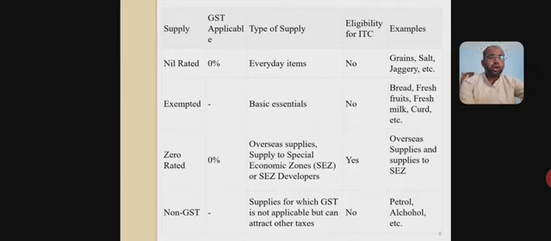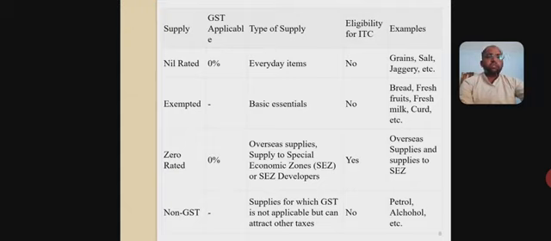Eligibility of ITC: no. Examples: bread, fresh fruits, fresh milk, curd, etc. Zero rated, it should be 0%. The type of supplies: overseas supplies, supply to special economic zone or SEZ developers. Eligibility for ITC, it should be eligible, for example supplies to SEZ or overseas